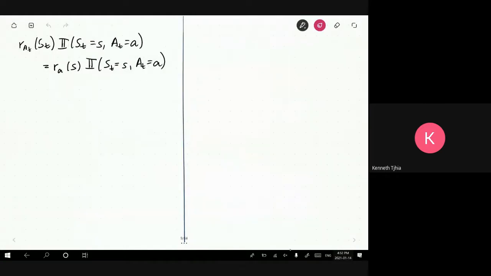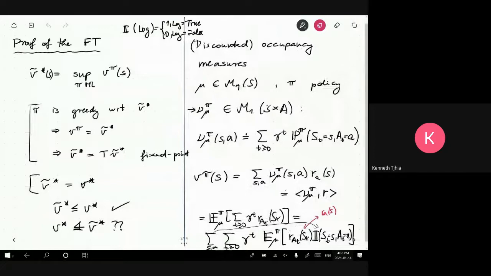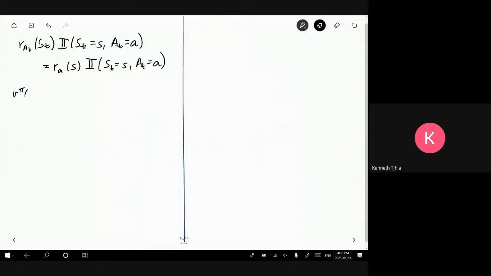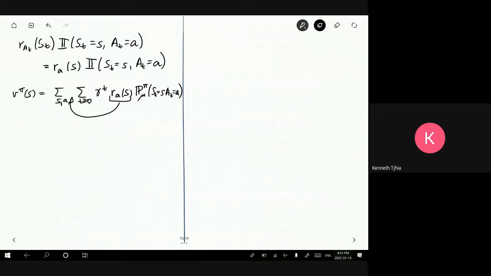So because of that, continuing this expression, there is this sum over states and actions, and then the sum over time steps t, and I can pull out R(A, S), and then the probability that we are hitting this particular state action pair remains. And I can pull this outside of this sum as well because it doesn't depend on t, right? So note that I've separated them. And then what remains here is just